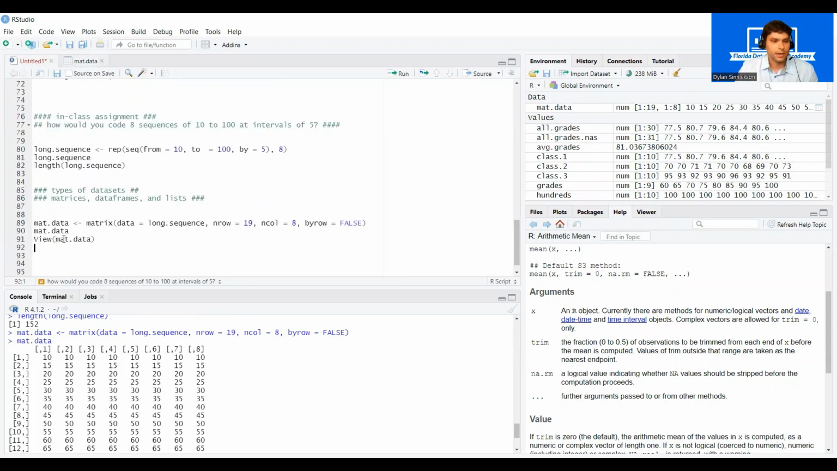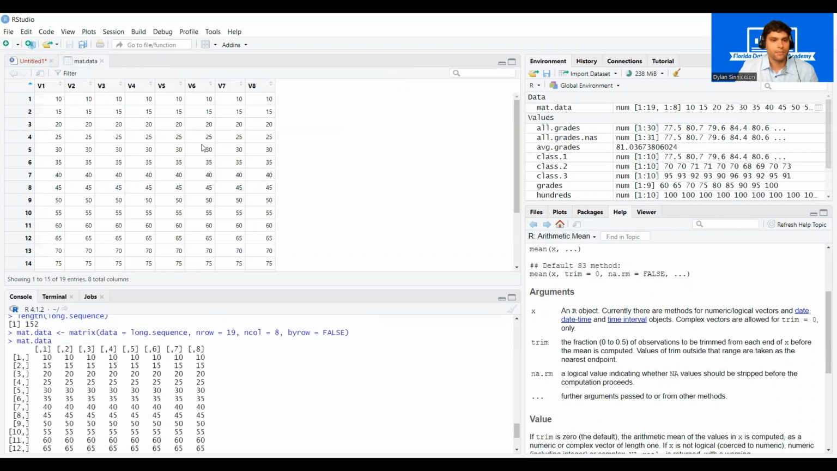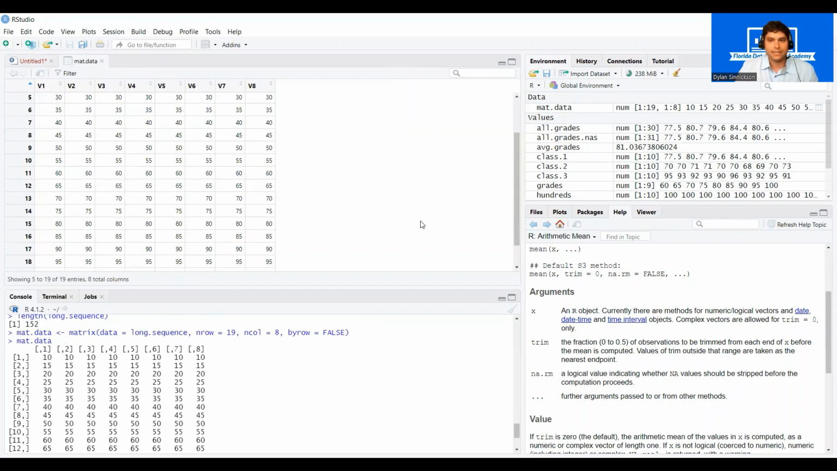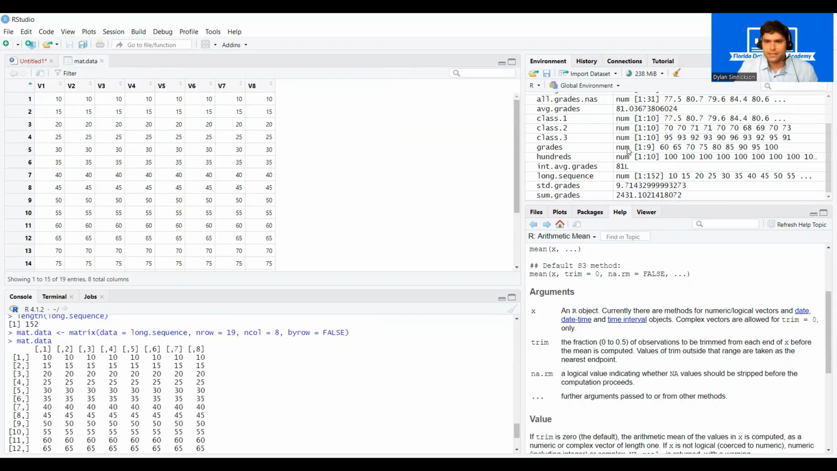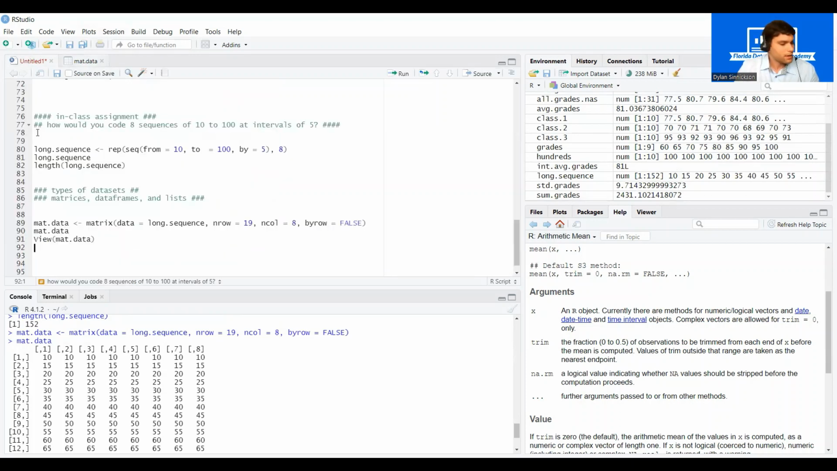So I typed view, and then I typed in the data set that I wanted to look at, and it opened up this new window for mat.data. And now I think we'll be moving on to